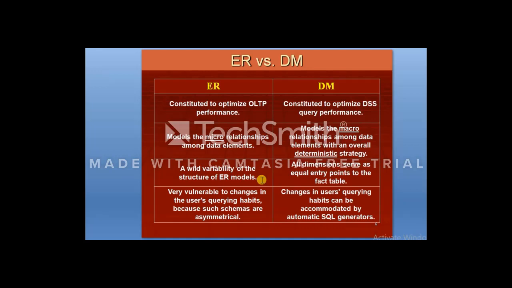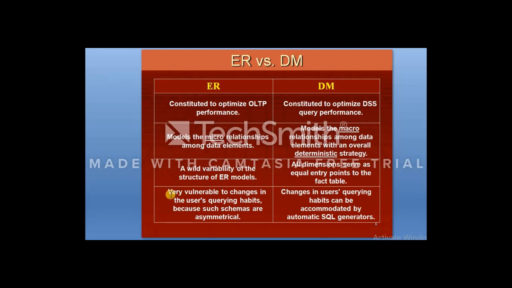We will have one fact table centered inside the star schema, and multiple dimensions linked with that fact table, so that the facts inside the fact table can be described in terms of the dimensions. We'll take a look at facts and dimensions in more detail in our next slides. But here the difference is that there can be multiple variations for an ERD model, but there will be only one way of looking inside a decision support system for a dimensional model.